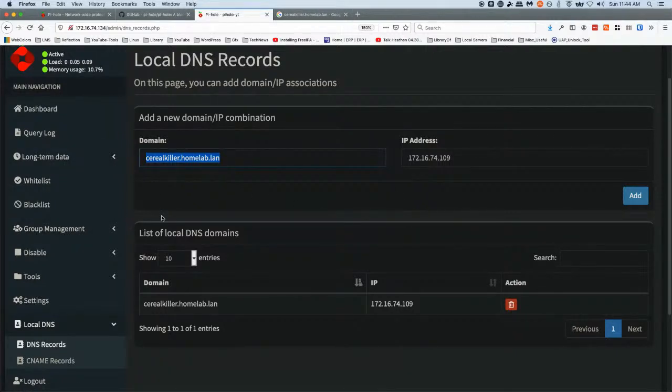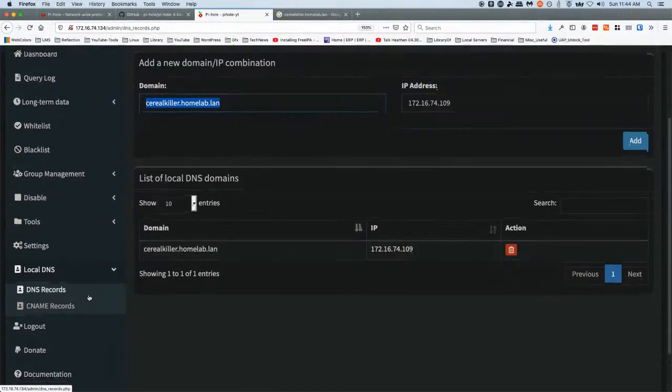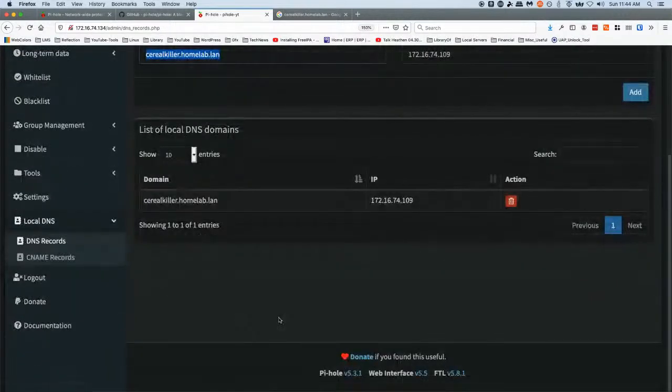We can add various options in here and be able to get to some of our local servers or machines using a name instead of the IP address,